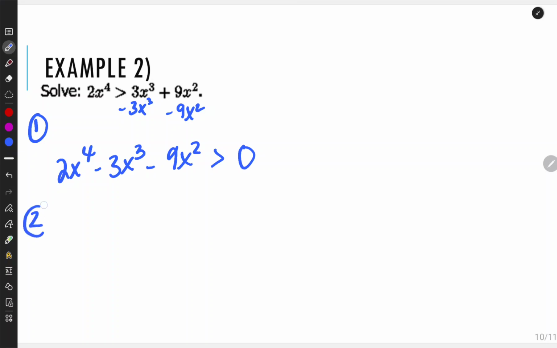Okay, step 2 is to determine, are we looking at above or below the x-axis? Because it's greater than, that means that we're going to be looking at above the x-axis. Now we're going to go ahead and graph, and we're going to look and see when is it above the x-axis. All right. So I'm going to go to Desmos, and I'm going to type in